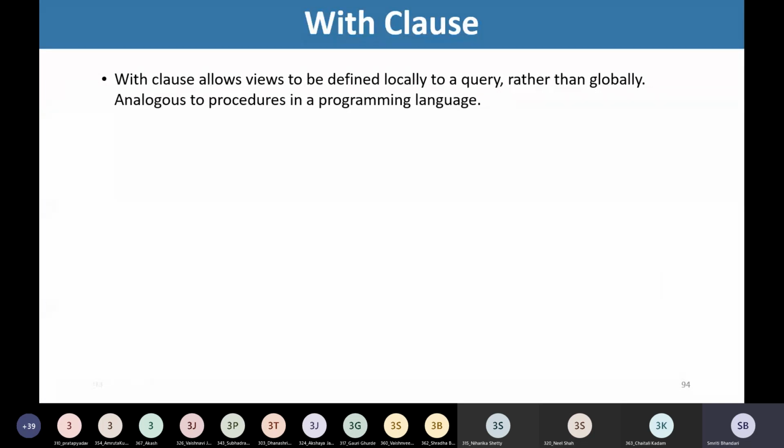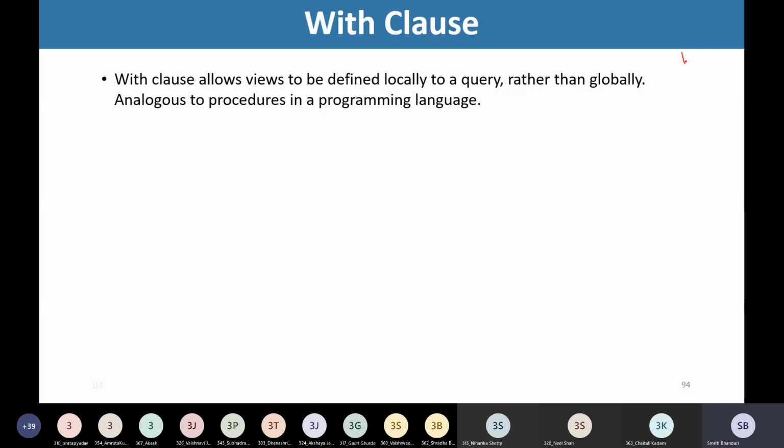The next clause in SQL is the with clause. This with clause allows us to write complex queries. The with clause allows views to be defined locally to a query rather than globally. What does this mean?